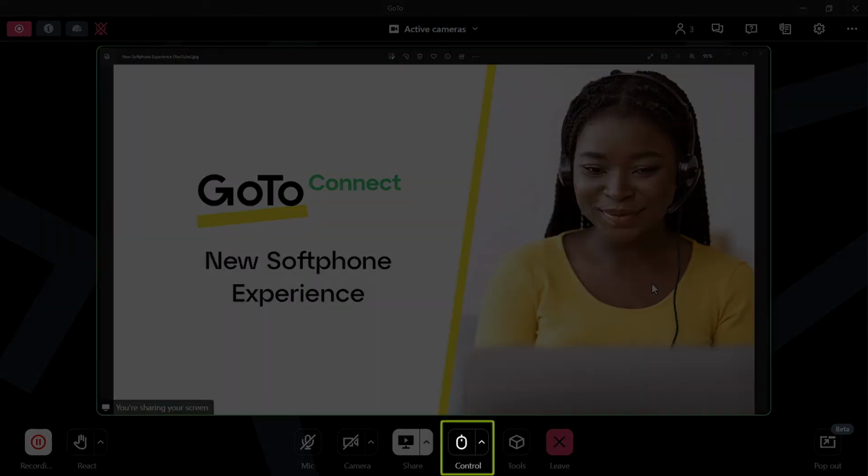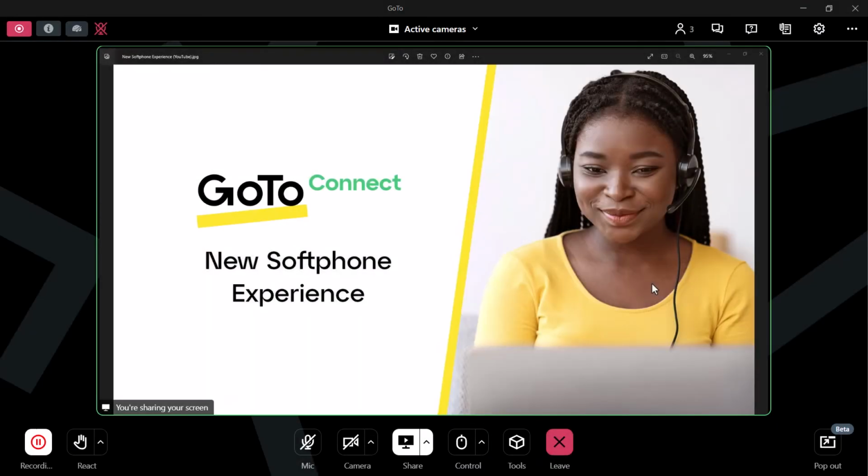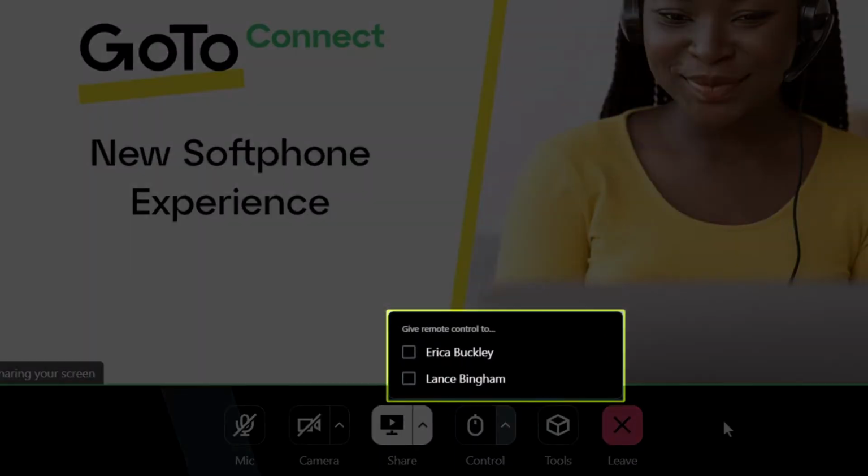The control button will appear for the organizer when they share their screen. Click on that. The organizer can give remote control to a specified user in the group, allowing them to control what is being seen in the shared space. After granting the control, the other attendee would need to activate the control on their screen by clicking a similar icon that would appear. The organizer can always take back the controls at any point.